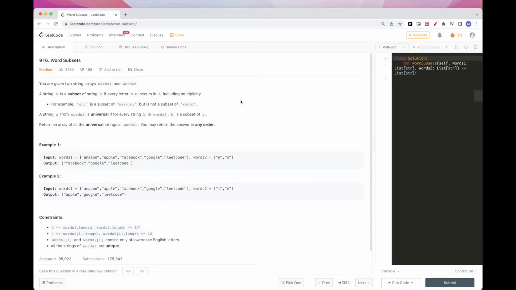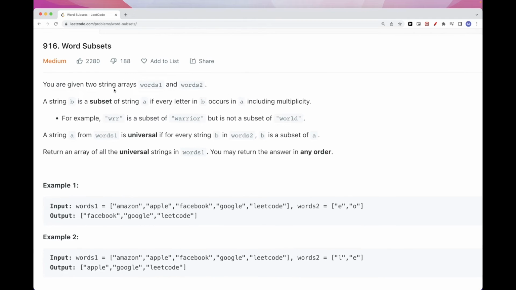Hello, so today we are going to do this problem called word subset. The problem says we are given two arrays, words 1 and words 2. We have a definition of a word being universal. A word from the first array, which is words 1, is called universal if every string of the other list, which is words 2, and let's call that B, for every B in words 2, B is a subset of